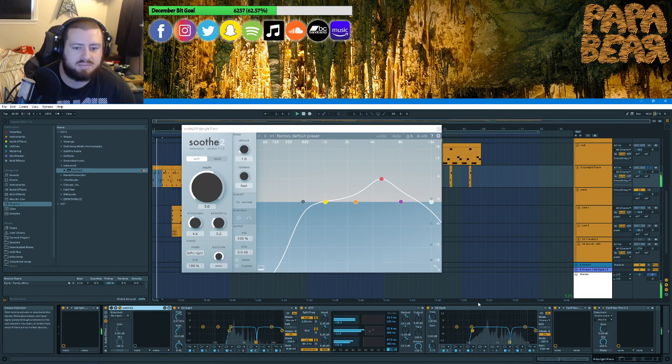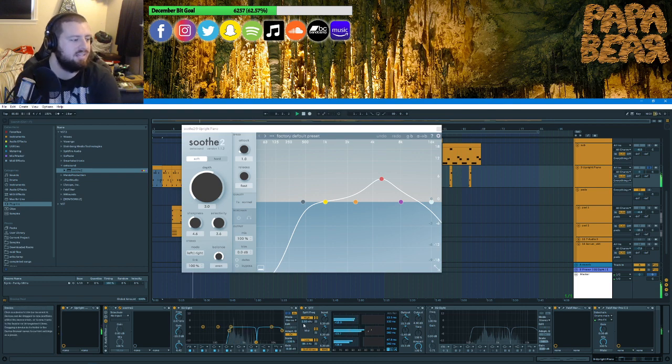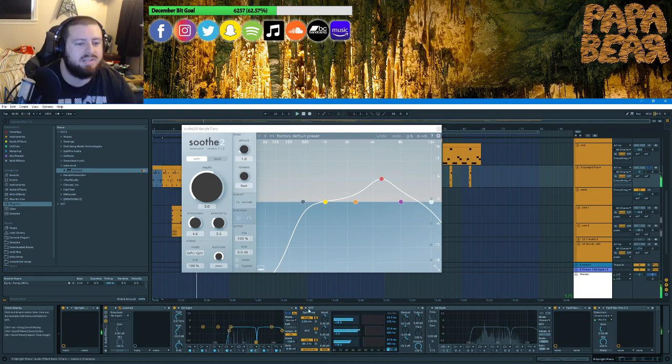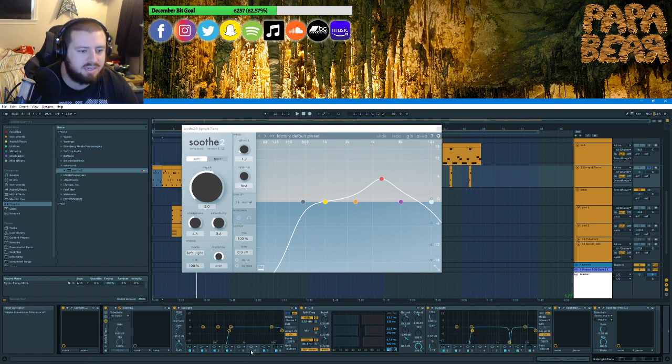It'll probably be really hard to hear, but it's like cutting out a resonance. There. That really high annoying sound I'm cutting out. Actually, maybe I'll just do this and get rid of that so I can keep the low cut.